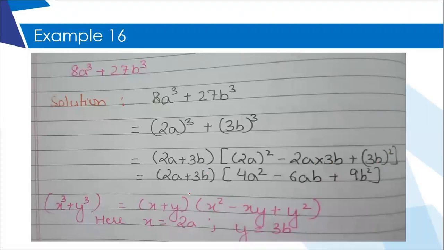After that, the next step is very simple. You will just copy the first bracket because most of the time you'll get a simplified first bracket. Only in the second bracket you need to apply power to both the number as well as the variable part. So 2 square is 4, a square is a square only. Simplify this: 2 into 3 is 6 and the minus sign as it is. a into b is ab. And plus 3 square is 9 and b square is b square. So in 3 steps, your question is done.